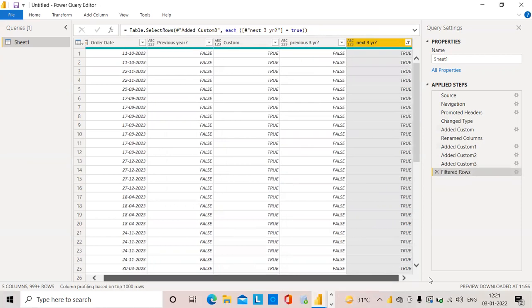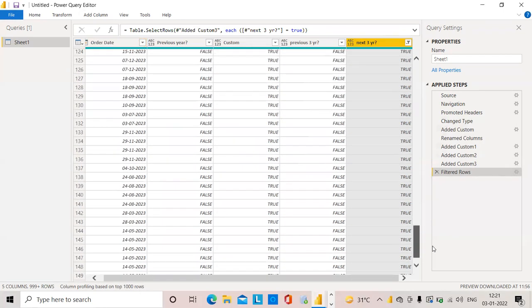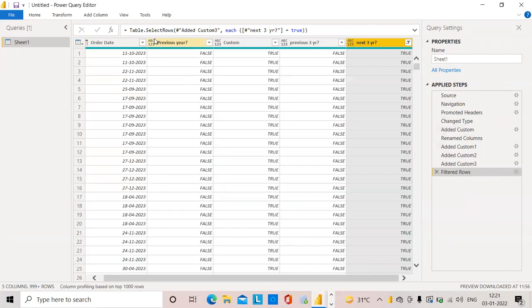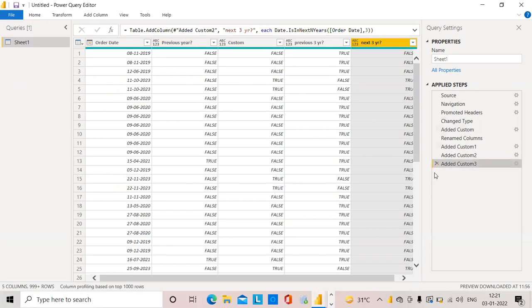Now you can see 22 is my date today, so 23 data is filtering. Only 23 is available as next year. The data are not available here, 24 and all it's not available. So it has filtered only with 23. So I will close this filter.